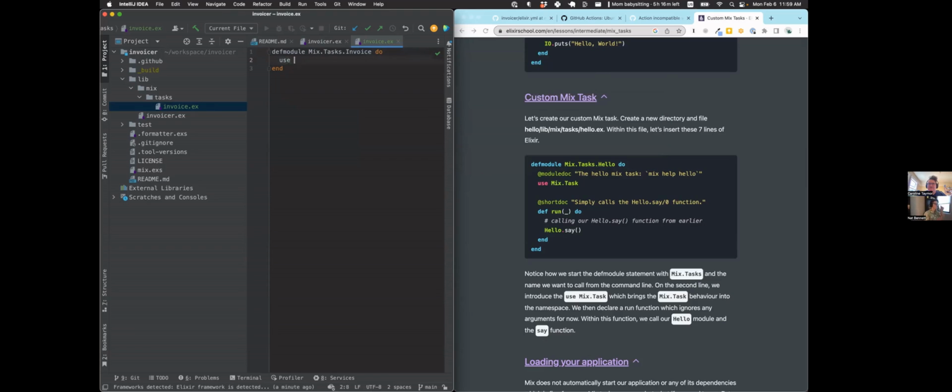So this is the module documentation. Where is this going to show up? Is this some of the usage on the task, or is this rendering somewhere? I believe this is going to render when we run mix invoice help. But we can also leave this off for now and wait until we